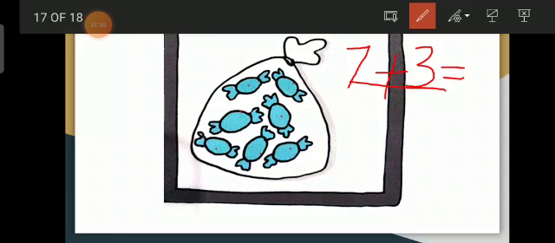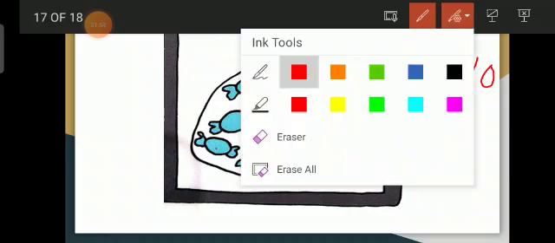So which one is the big number? 7 is the big number. Keep the 7 in your mind and add the 3 fingers to it. And what is the answer? 10. This is how you will write down the answer over here. 7 inside the bag. 3 we will put more to make it 10. Now 7 plus 3 all together gives us the answer 10. Okay, this is how you will complete this one part.